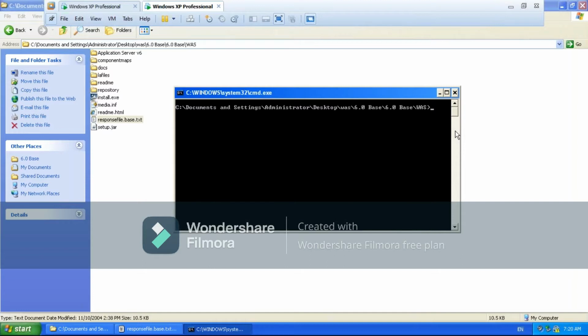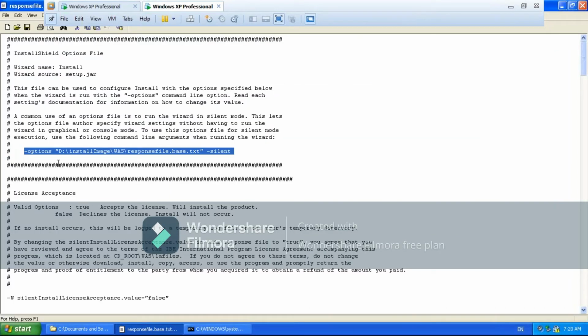Here, if I want to do the silent installation, I have to execute install.exe, and there I have to give -options, the path of the modified response file, and -silent.